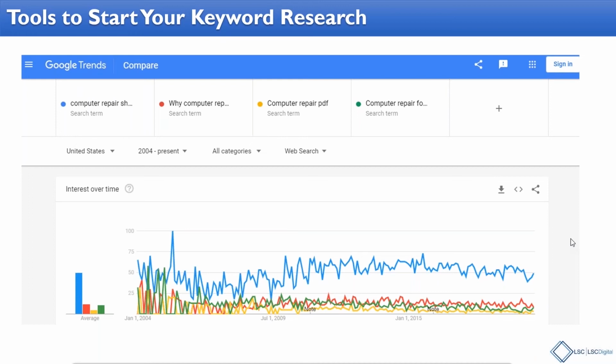Now, the next step is getting some, for lack of a better word, real numbers, okay? Starting to get into volumes. Now, there's one tool that I don't go into today, but it's another free tool, Keyword Planner. If anybody does Google Ads, you can definitely use Keyword Planner, and that gives you some quick numbers. I'm not particularly the biggest fan of Keyword Planner. I don't think it's the most accurate over time, and this is my opinion only, I think they're going more for, hey, what terms do we want you to bid on that we can make money off of you,